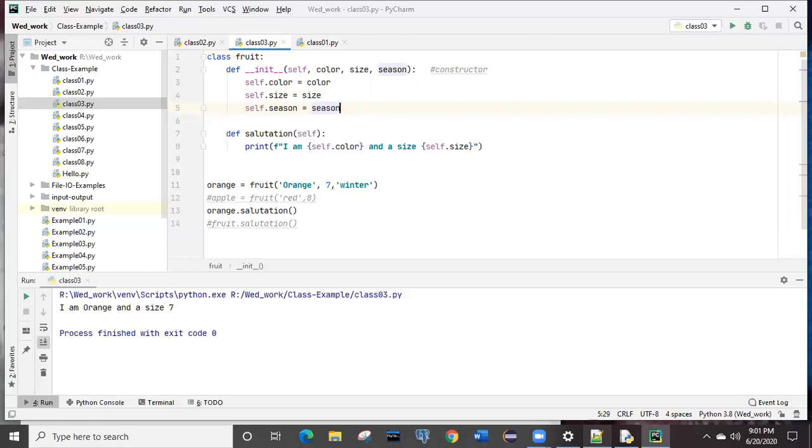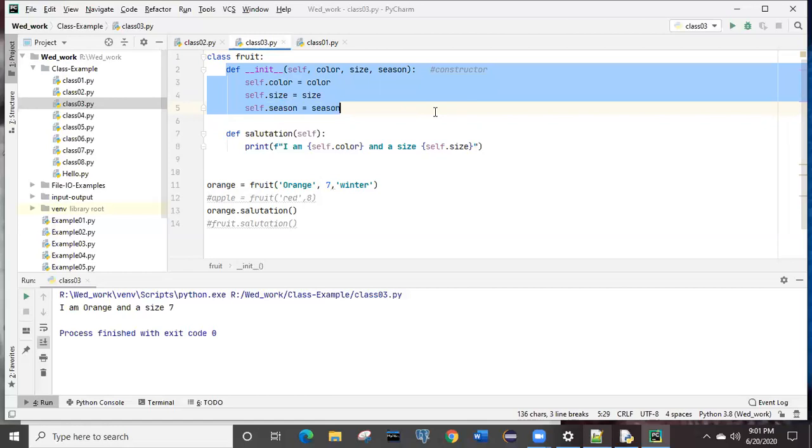Got it now? So now by this constructor, whatever the object you have created, that is the orange, it is initialized, right? With some default features. Orange will be the color, 7 will be the size, and it will be grown in the winter season. That is what we have told to this one, right?